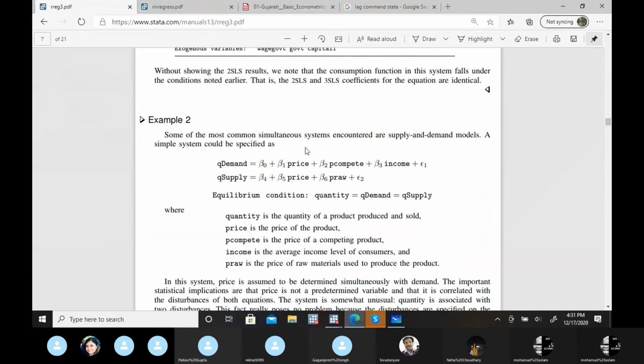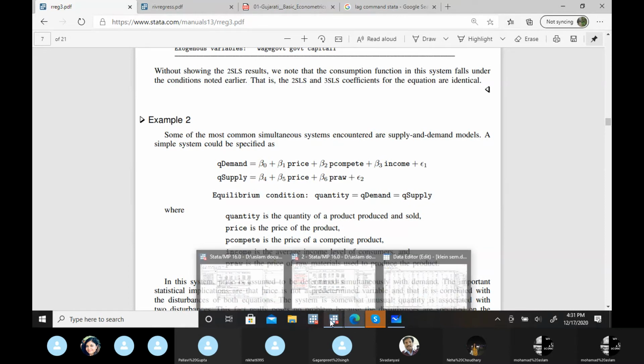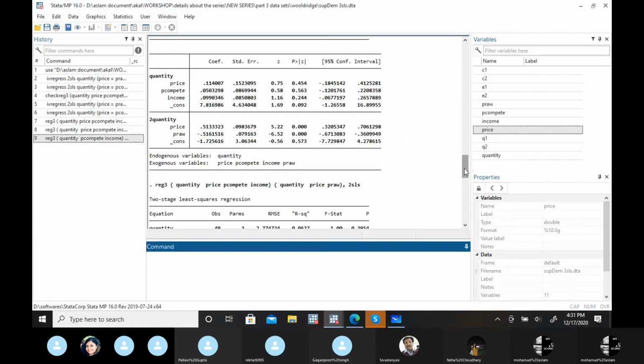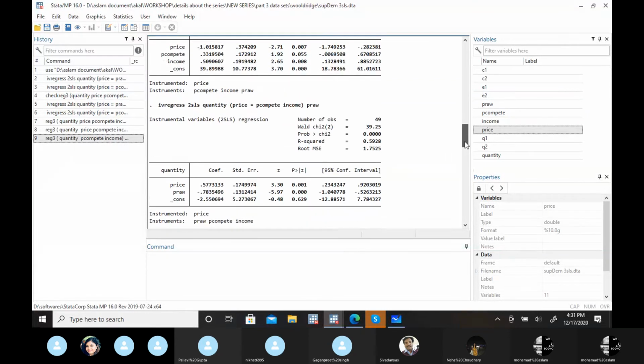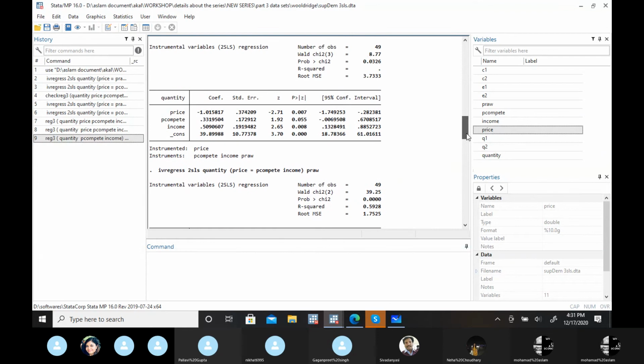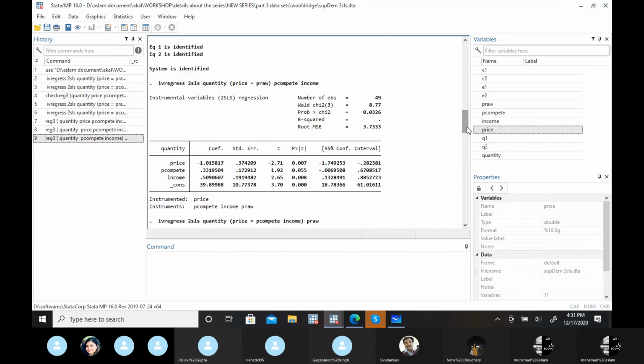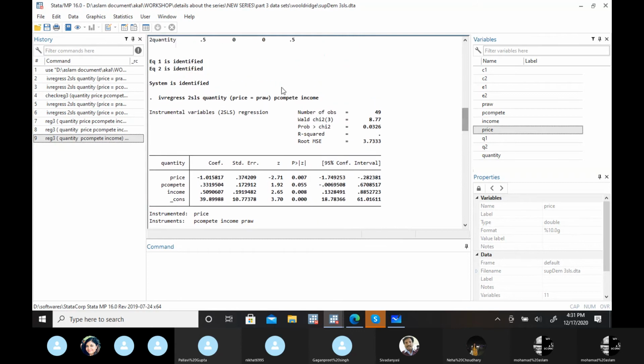because in this particular case, this price is not the dependent variable, right? If this price were a dependent variable, Stata would understand in this particular command that this is an endogenous variable. When I'm running this command, Stata will understand that only quantity is the endogenous variable. But we know from this particular model that price is also an endogenous variable. So we specified this as an instrumented variable. So you have to go with this ivregress command, not the reg3 command.